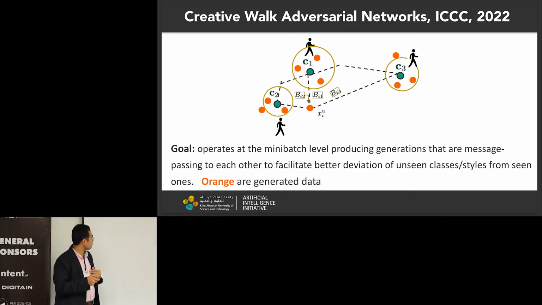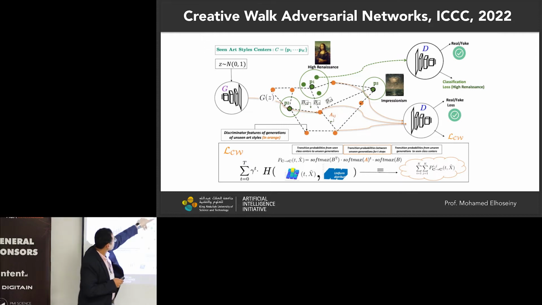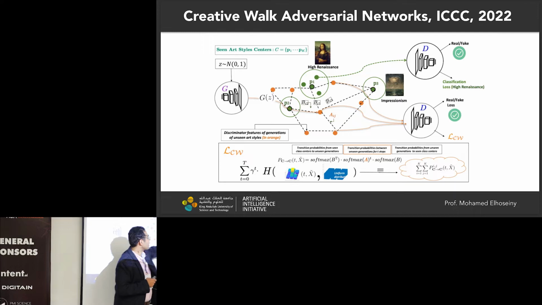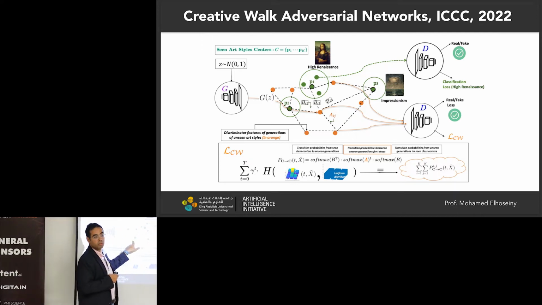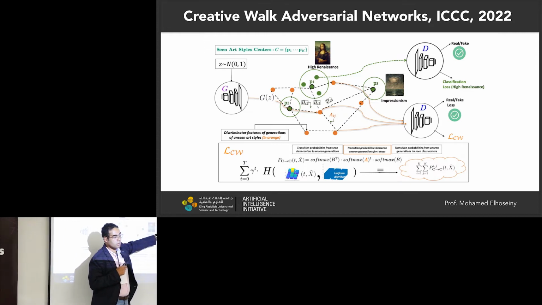All right. How do we do that more technically? So imagine that we have these three classes, right? We compute prototypes. This prototype is that for every class, pick 10 examples, compute its features in the discriminator space, average them, and that will give you a single point for every single class. Is that clear to everyone? All right. So you have one feature representation for every class, which is the center of it, defined by these green points. Where does this green point live? It lives in the last layer of the discriminator.